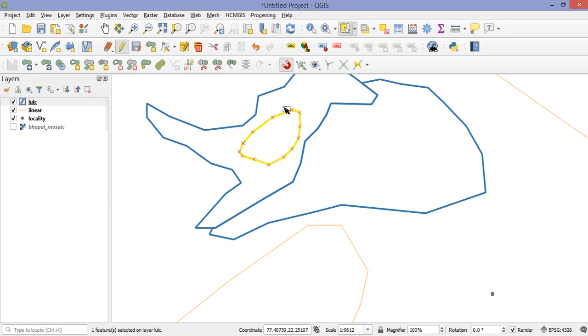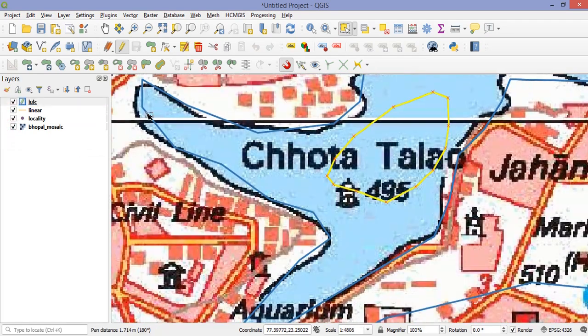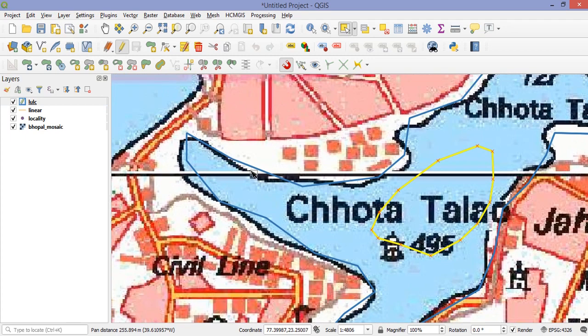So if you want to calculate the area of the water body, this area will not be included in that water body. There is also another feature, that is merge, which is always used in the line. And if you want to cut a polygon, like if you want to cut this small feature which is not under the water body, how can I do that?